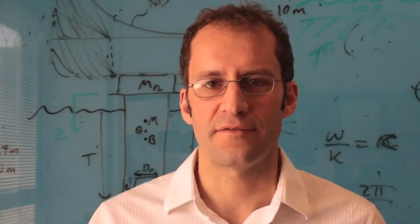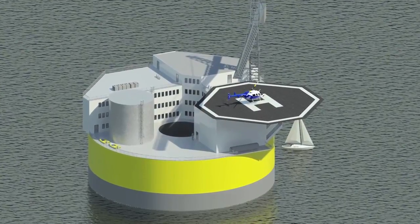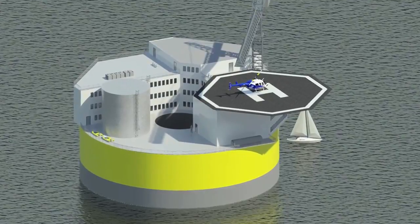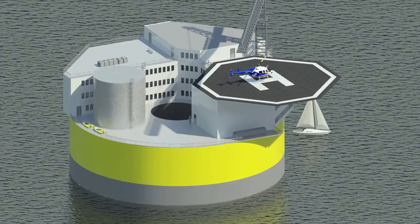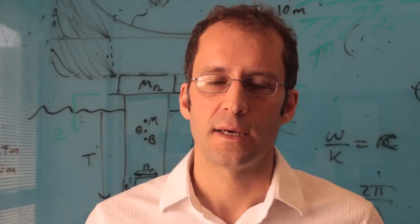Today I want to tell you about a new nuclear reactor concept that we're developing here at MIT, and that is the possibility of revolutionizing the nuclear industry, both in terms of economics and safety. This is a floating offshore nuclear power plant. It's a plant that can be entirely constructed in a centralized shipyard and then towed to the site where it would be moored or anchored a few miles off the coast and linked to the electric grid with a transmission